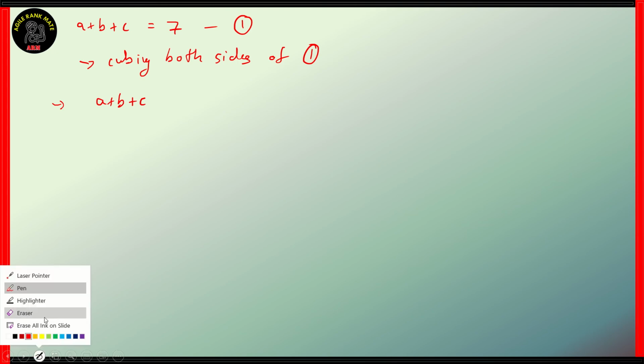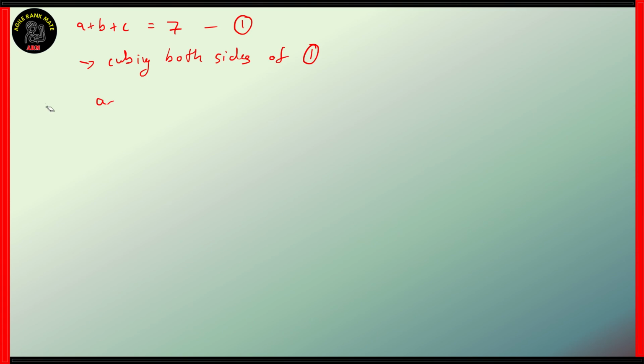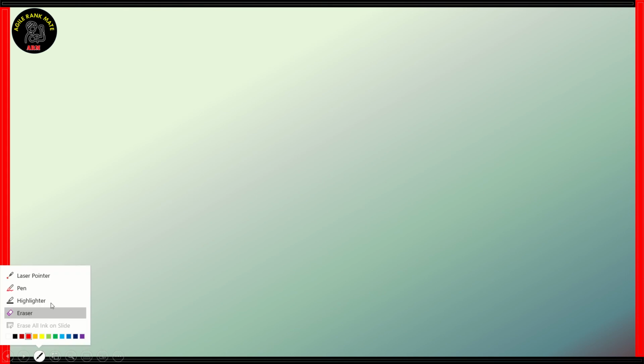So cubing both sides of equation 1, what we're going to get is A plus B plus C the whole cubed. Now we can do that, but that turns out to be more complicated. There is actually an easier method to get our answer. Okay, so instead of going on for the cube thing, we can actually use another algebraic identity. The algebraic identity that we're going to use